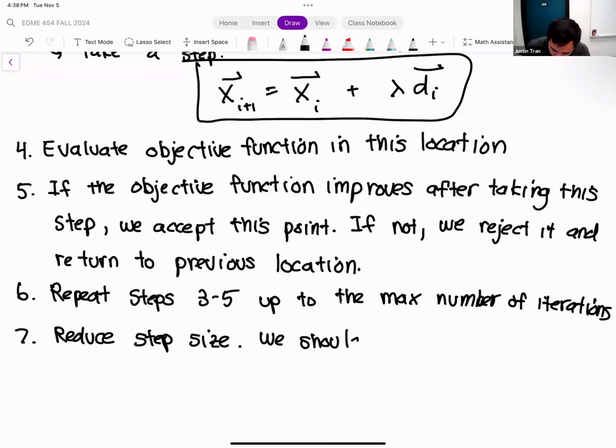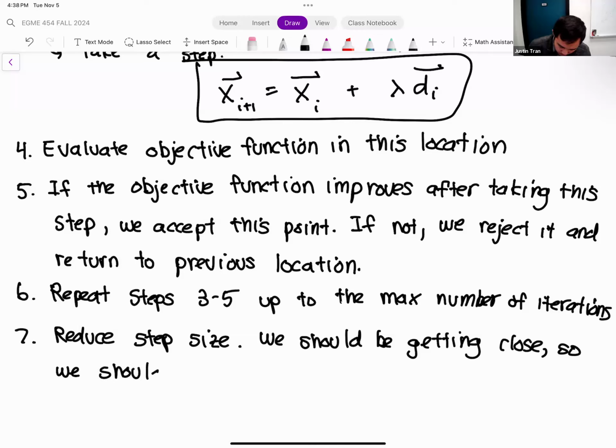So we should be getting close. And since we should be getting close, we should be taking smaller steps to refine our search.